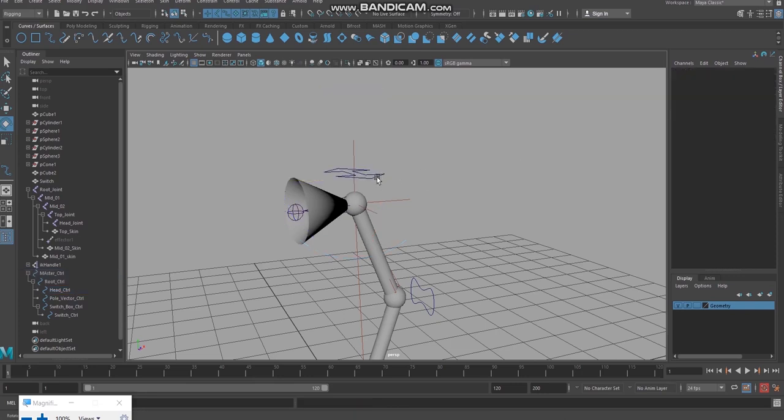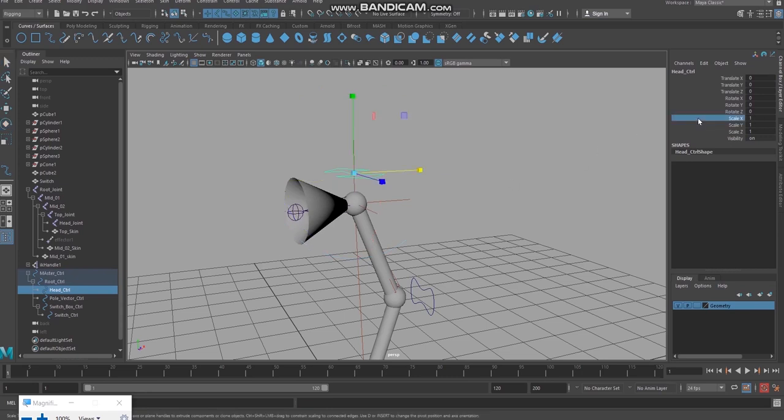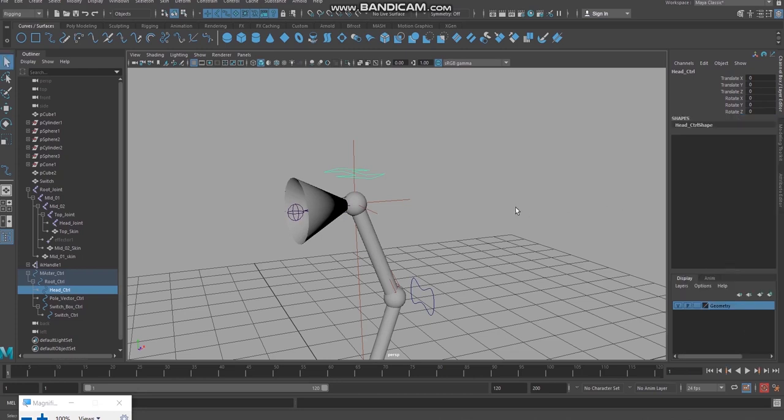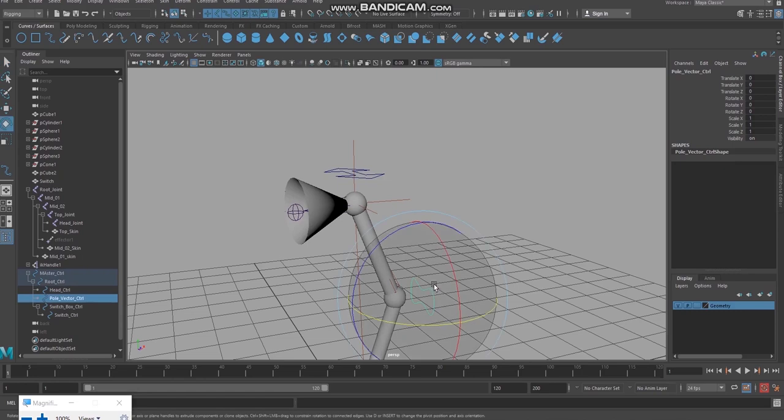Select this controller, go to the channel box, select scale and visibility, right click on that and choose lock and hide selected. That's all. Now let us check. For the pole vector, there is no need of rotation, it seems.